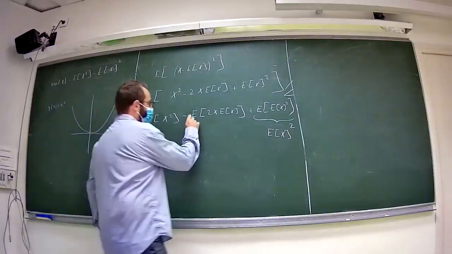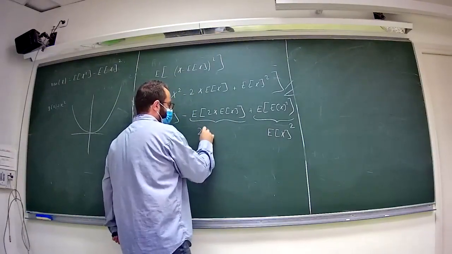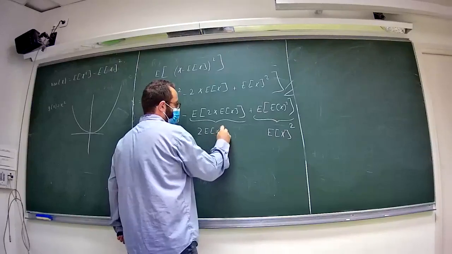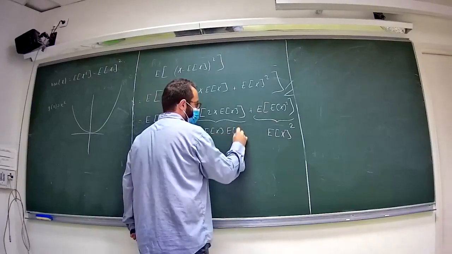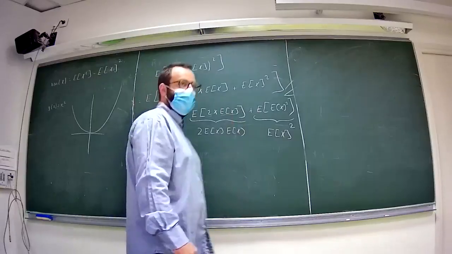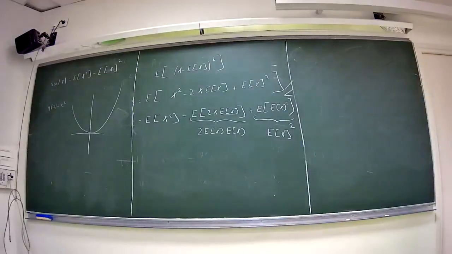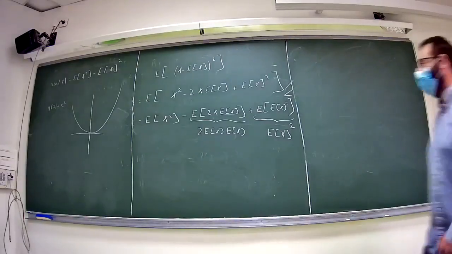And so this term is just 2 times the expectation of X times the expectation of X. And at the end, I have the expectation of X squared, plus the square of the expectation, minus 2 times the square of the expectation. So I obtain